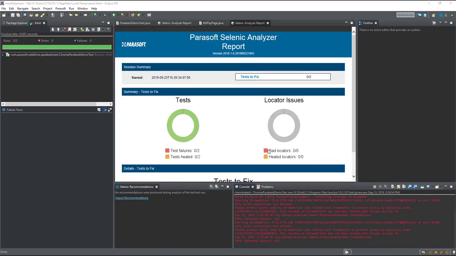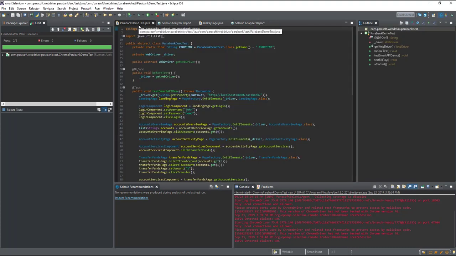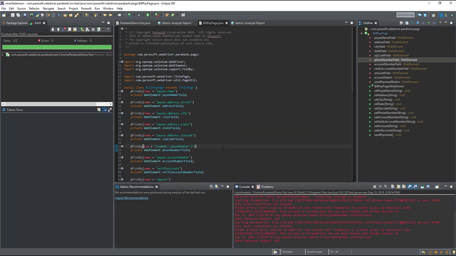But wouldn't it be cool if Selenic could self-heal the Selenium test for me at runtime? See, what I did here was I went back and I fixed the test case. And that's good. But in order for that to happen, I had to have a test that failed. And if that had happened during my CI execution, I would have lost valuable time. This is where Selenic's self-healing capability comes in. By simply telling Selenic, hey, try that out for me, Selenic will apply its AI to fix your nightly tests at runtime and prepare the recommendations so you can review them and apply the fix to the Selenium test in the next morning.